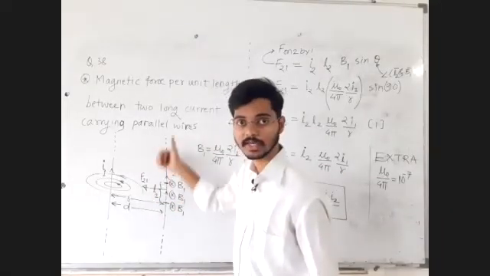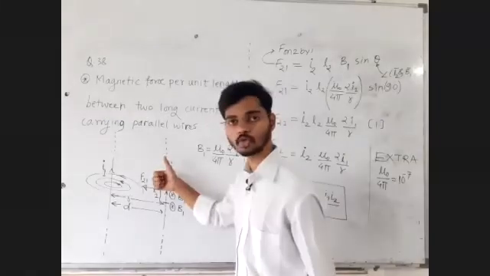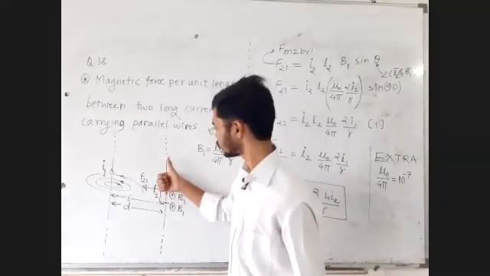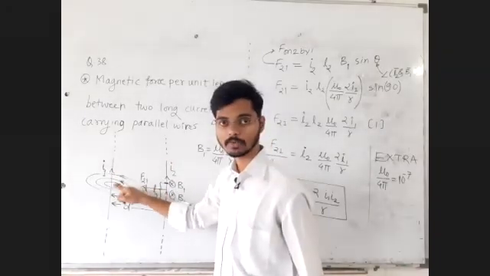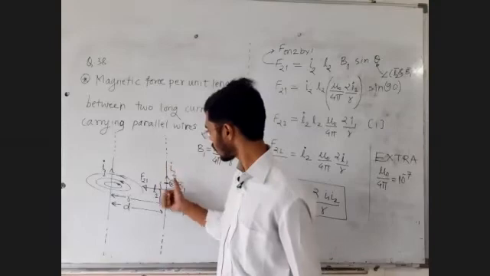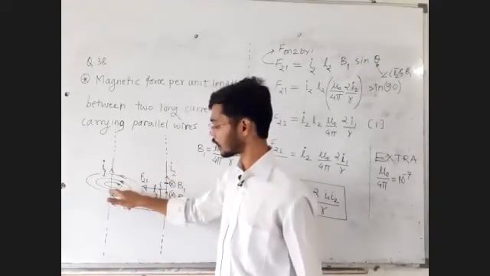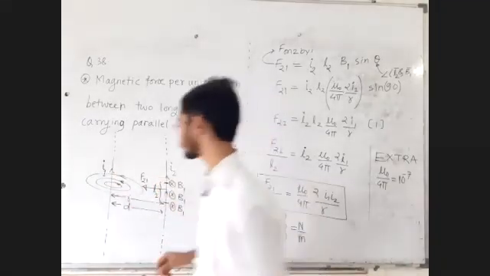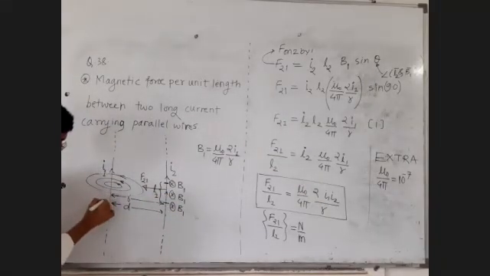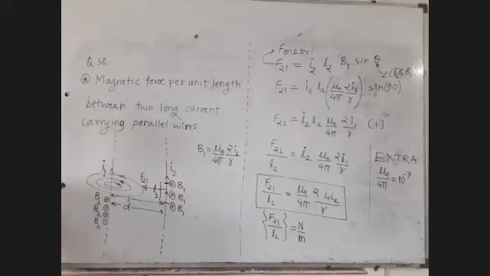I will hold the second wire in my right hand. According to the curled fingers, I will draw the circles around this wire. The circles I draw around the second wire will come out at any point on this wire. So at any point on this wire, the magnetic field because of the second wire will be coming out. This is the magnetic field of second wire.